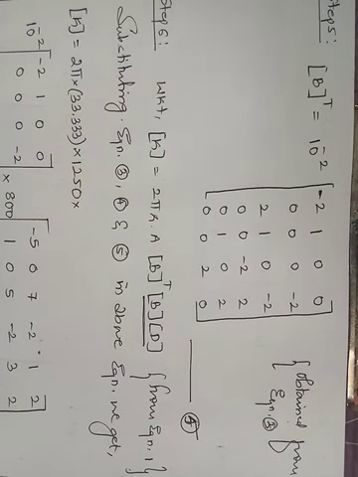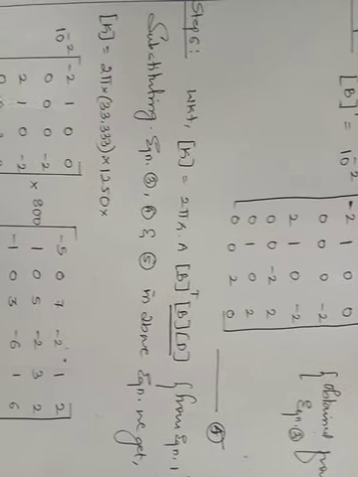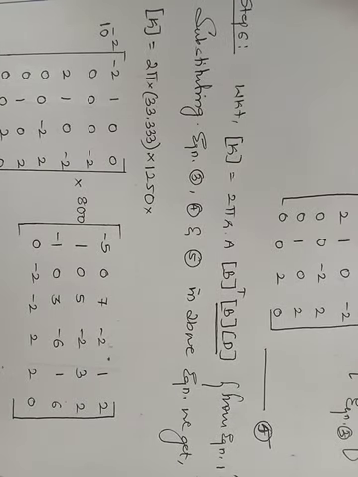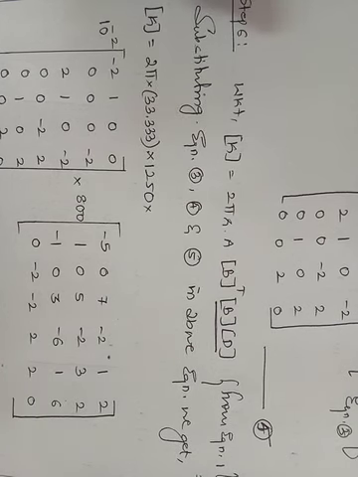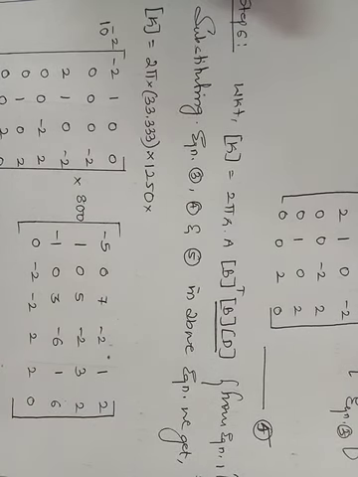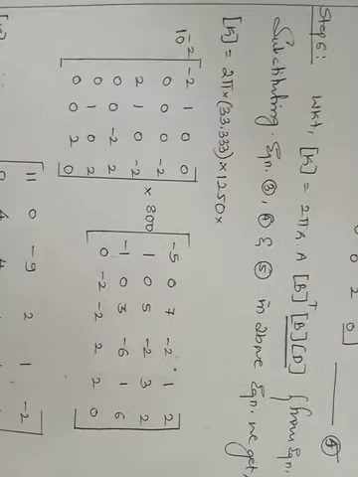Now I come to the final step. We know that from equation number 1, K can be calculated as 2 pi r into A, B transpose into B into D. Right, so this is from equation number 1. So I have calculated B transpose as well as the product of B matrix into D matrix. Right, so I just need to substitute it in this formula in order to get K. That is what I have done in the next steps.